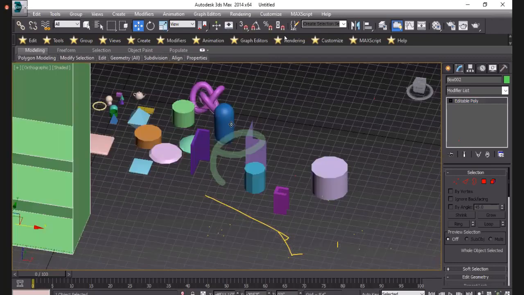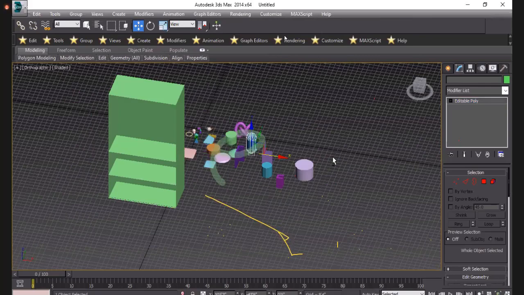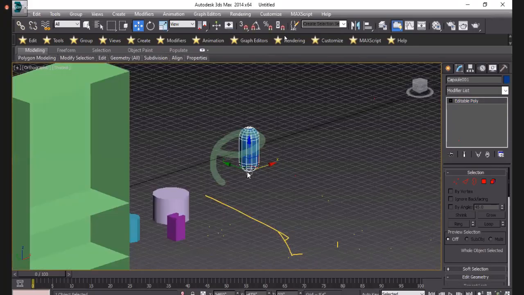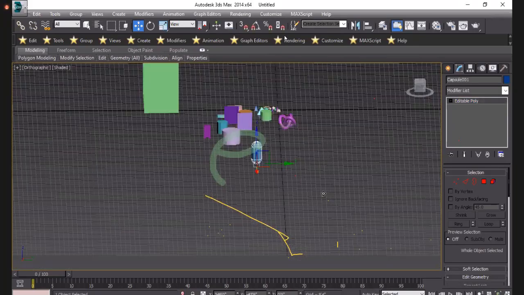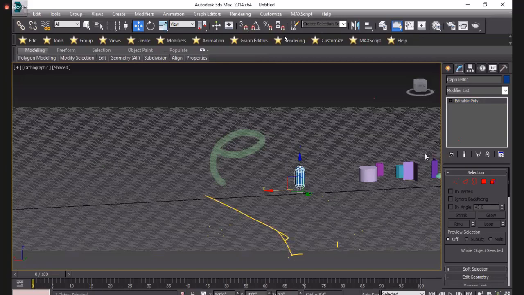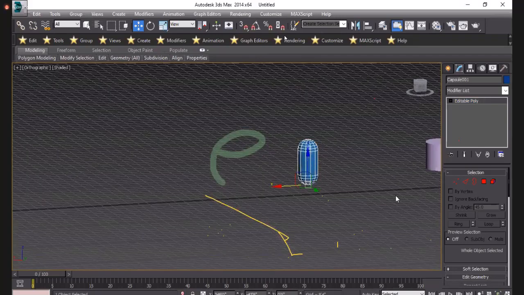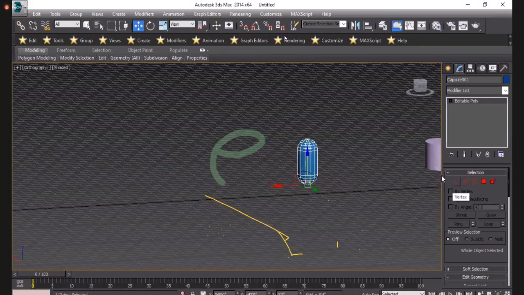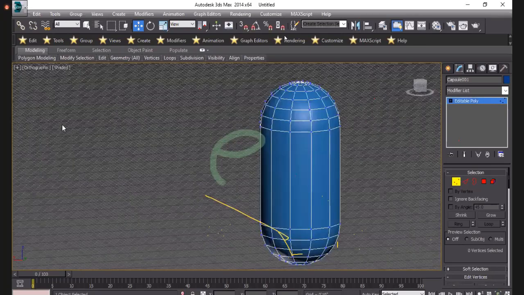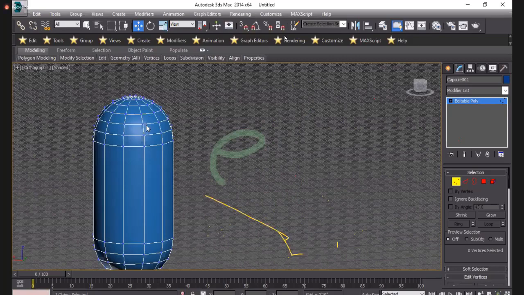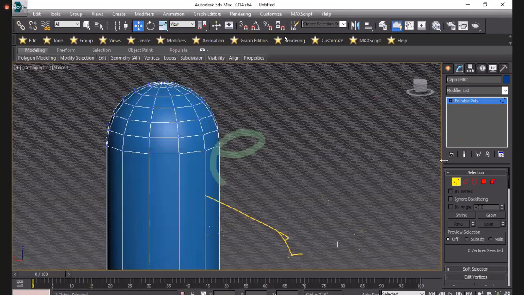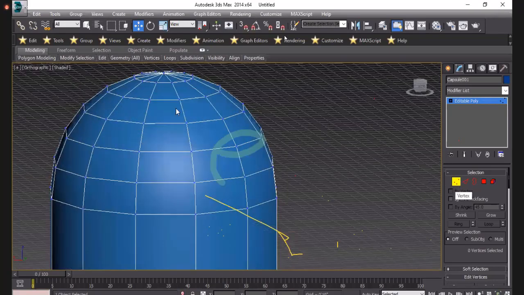If you want to change this one, then simply drag and place it here. It will be in editable poly. If you are seeing there on your screen, there is the vertex point.